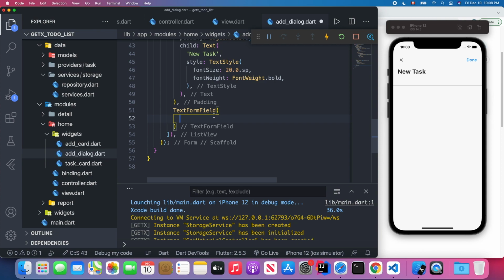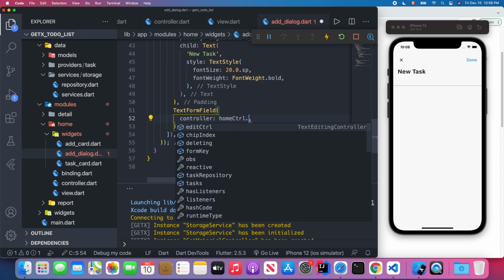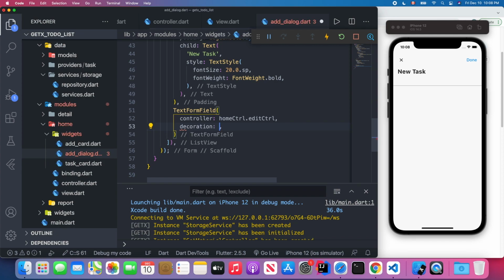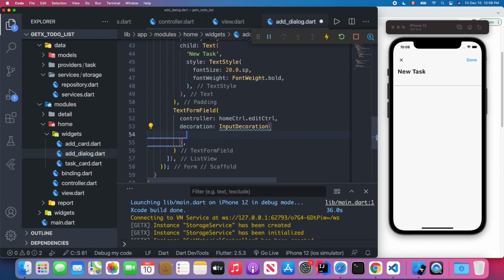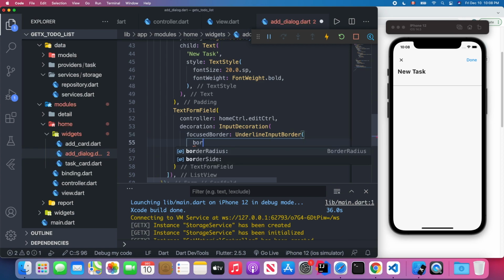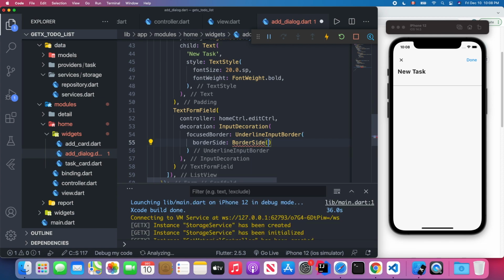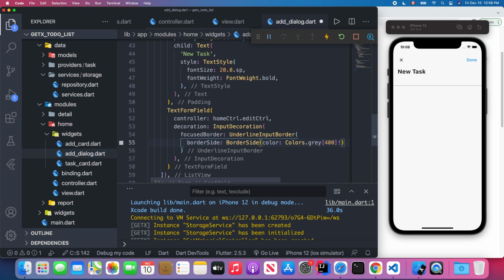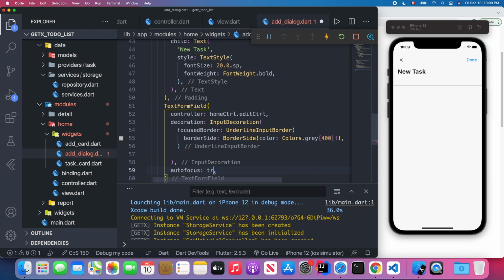For this form field, we're going to pass the controller. We could use the same controller, which is the edit controller, and we're going to style it. For the decoration, we could use InputDecoration. In the input decoration, we have a focused border. For the focused border, we're going to use the UnderlineInputBorder. For the UnderlineInputBorder, we will change the border side. For the border side, we have color, Colors.grey shade 400. Okay. And auto focus, going to set to true,